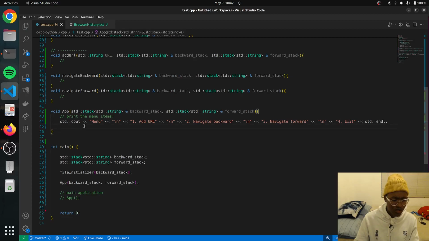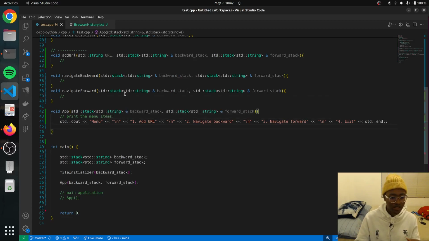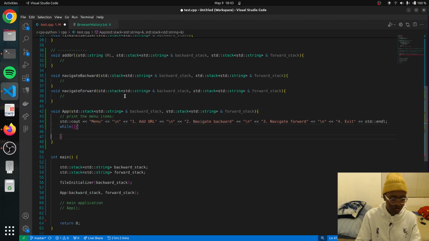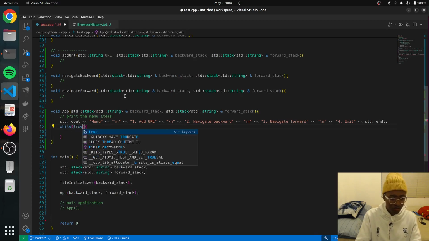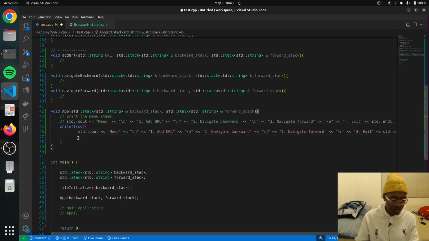So I think, because this app needs to run all the time until you actually press exit, we're gonna create an endless loop, an infinite loop that keeps asking you the same thing until you actually exit the program. So I'm just gonna say while true, print out this information, right? While true,